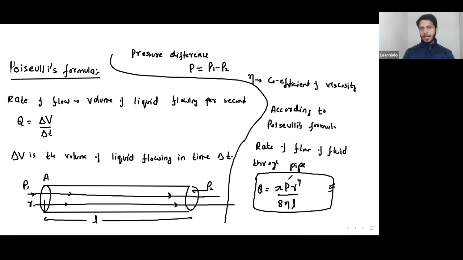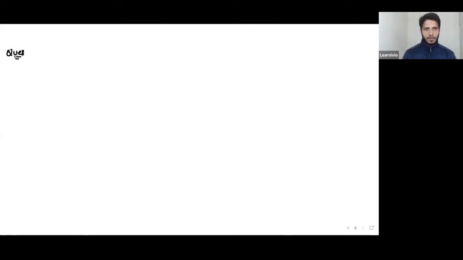So always remember that this P is not the pressure on the one end. This P is the net pressure, which is P1 minus P2. If P2 is 0, then P would be equal to P1. But if P2 is given, then calculate the pressure difference. Okay, so the numerical is